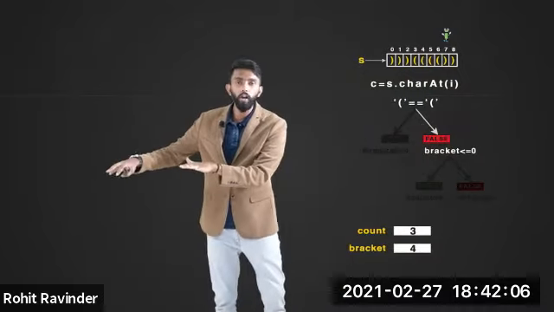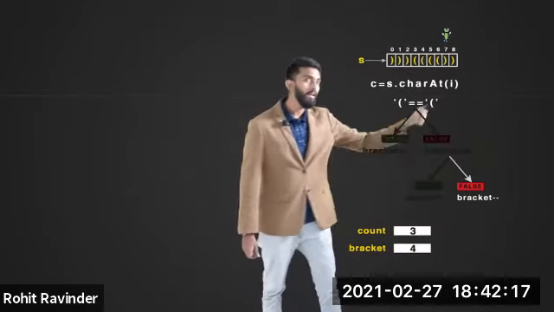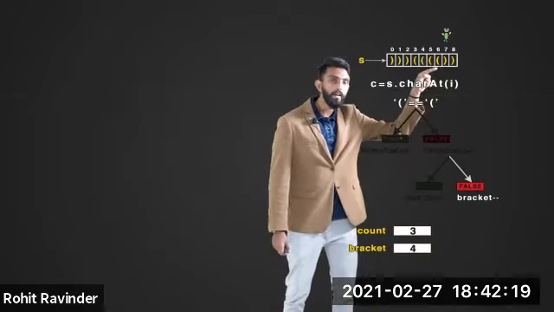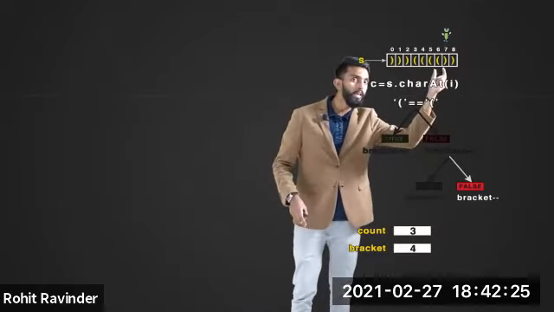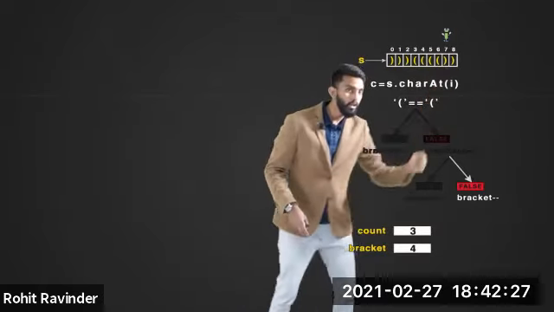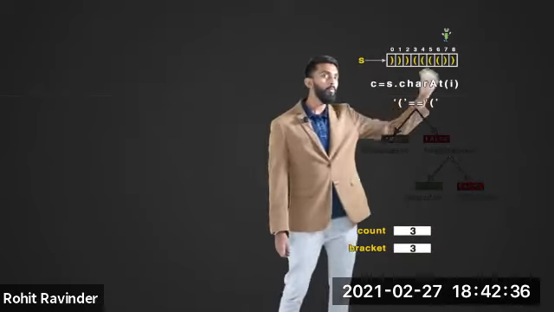How do you check if there are opening brackets? Just check if the bracket value is less than or equal to 0. No, it is greater than 0, which means this condition becomes false. If it becomes false, then this closing bracket is for one of those opening brackets. So they will even out, which means these two will even out. Hence, you have to reduce the bracket count by 1. That is what I am also telling: bracket minus minus, reduce it. It becomes 3. After which, move forward.